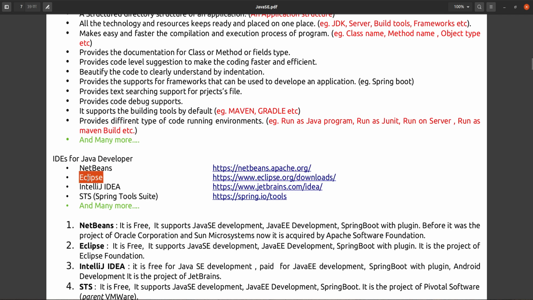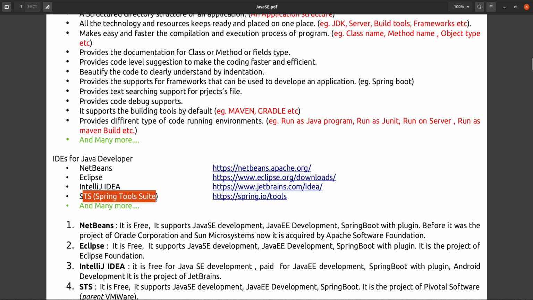In Eclipse you have to install plugins separately. IntelliJ IDEA is not at all supported for Enterprise Edition. This is free for only standard edition development. If you want to develop any web application, then you have to pay, you have to buy. It's not free for Enterprise Edition. It is free for standard edition only.